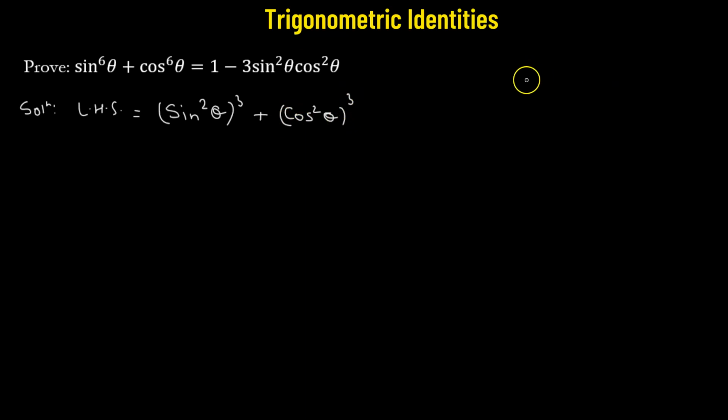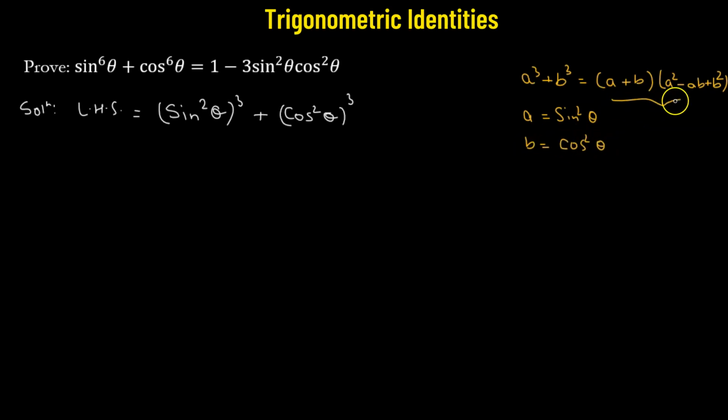Now we're going to use the identity that whenever we have a cubed plus b cubed, it can be expanded as a plus b multiplied by a squared minus ab plus b squared. So in our case, the a value is represented by sine squared theta and the b value is given by cosine squared theta. So we'll take the help of this side of the given identity, and we're going to replace a and b with sine squared theta and cosine squared theta respectively. So let's begin. This means we are going to have a plus b, so that's sine squared theta plus cosine squared theta whole